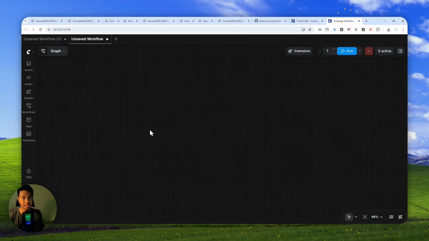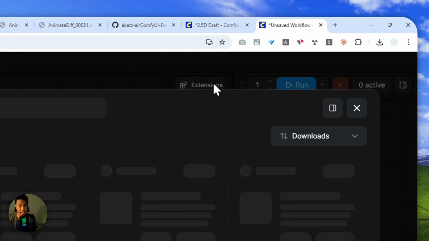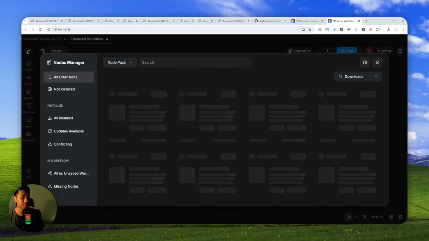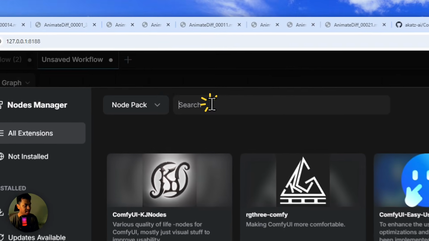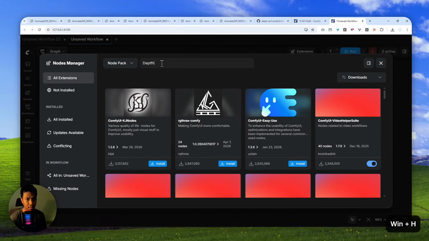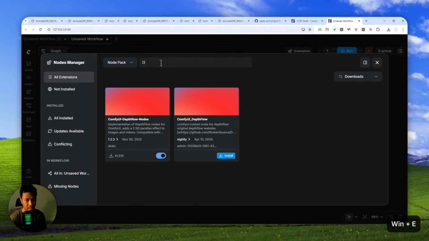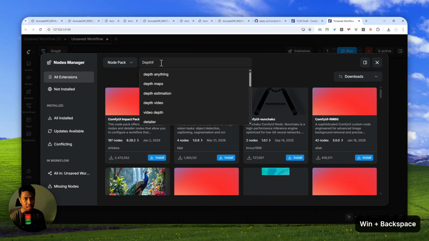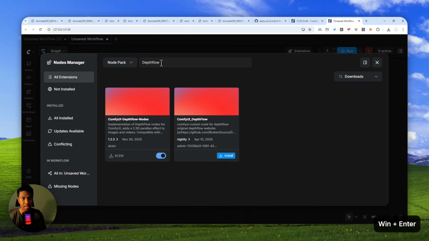Okay, so you can start a new blank canvas on ComfyUI like this one. And let's go to extensions. And then there are a few things that you need to install. So number one, search for DepthFlow. Okay, DepthFlow. Hit enter and install the one from this user Akats, and this is actually the same project